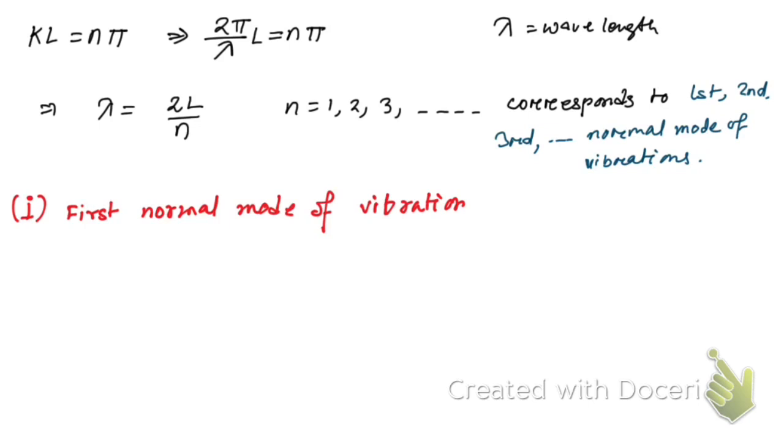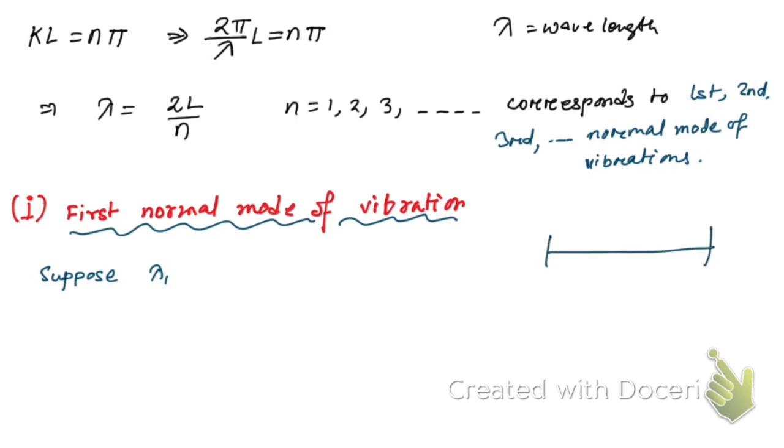First normal mode of vibration. Now you see, suppose lambda 1 is the wavelength of the standing wave set up on the string corresponding to n is equal to 1. Now you see, if the same string vibrates this way and if it vibrates this way,